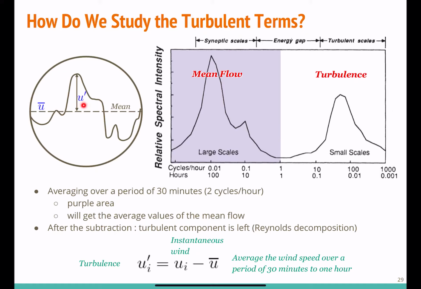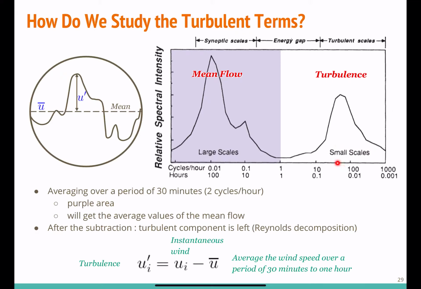the turbulent term. And then in terms of what we are observing in the atmosphere, this is showing you the idea. If we have the spectral intensity, that means how strong the circulations are. So for the large scale circulation representing the synoptic scale, maybe mesoscale weather systems, this is the strength of that. And then we have another peak here representing the strength of the smaller scale stuff, which we call turbulence